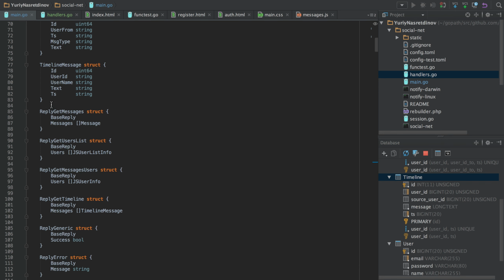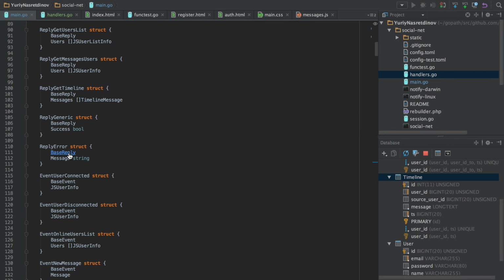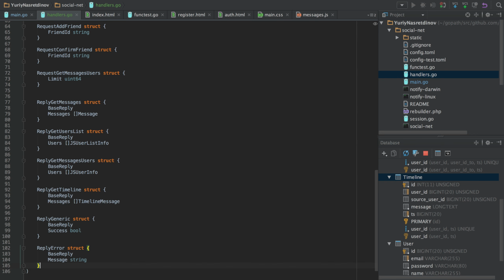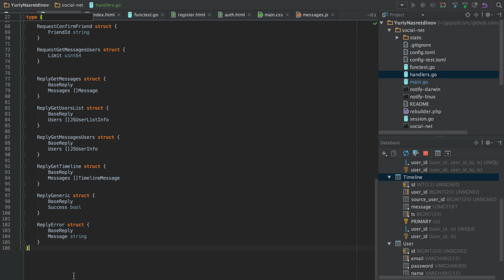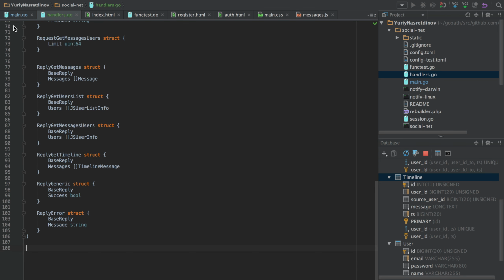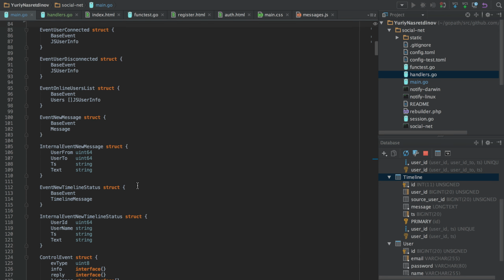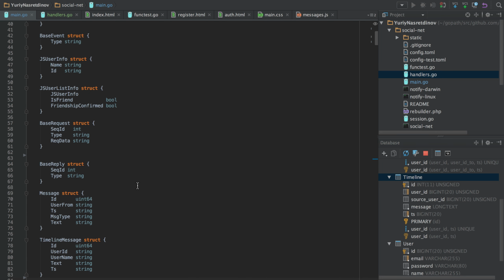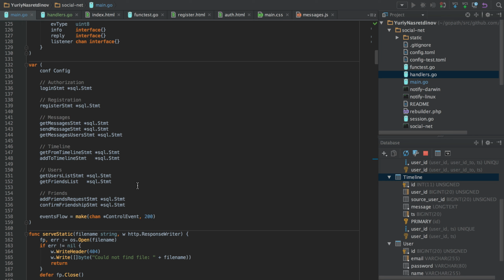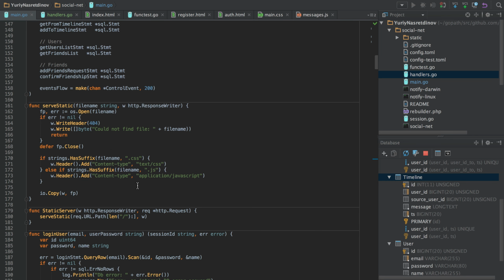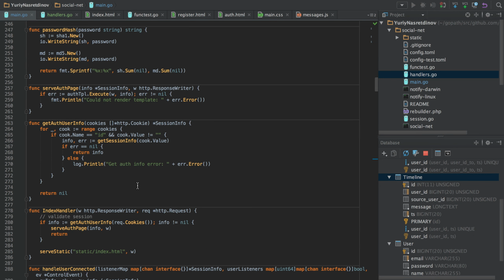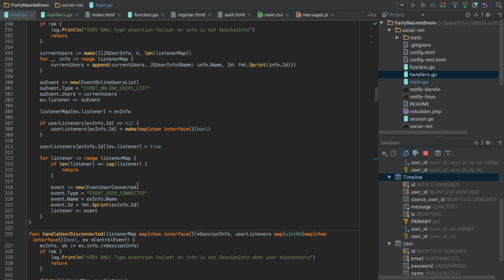So here we go. We have put replies, and all that is left is the functions. So we will then transfer all handlers to a different file, and then start rewriting them.